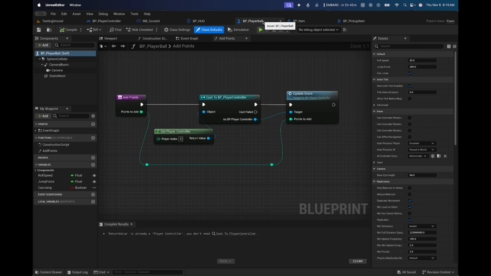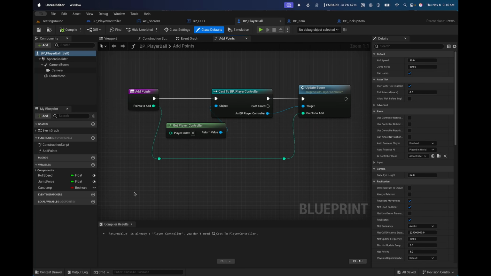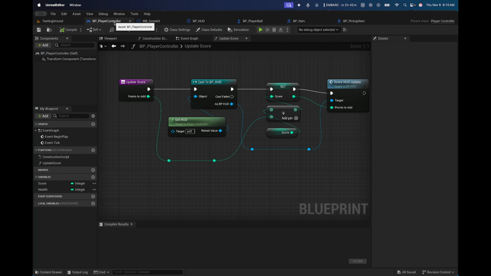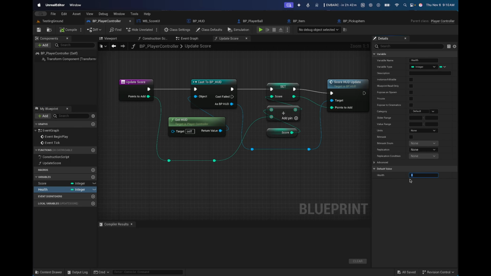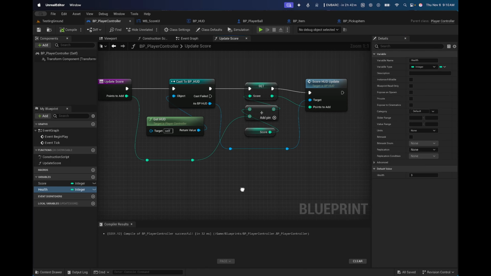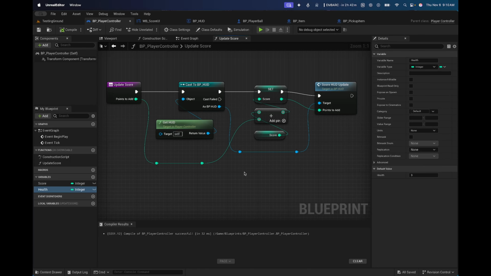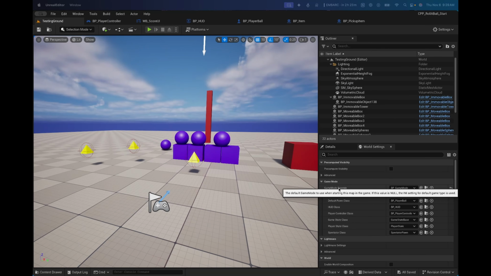And then you'll modify your BP player ball to have a new function for lose health. And then finally trigger your new blueprint to trigger that new function. And you should start out with like maybe 3 health. So your PlayerController rather, your health, maybe you set your default value to 3 and just take away 1 each time, something like that. And then we'll worry about getting a screen for how to do that afterwards. I'll show you kind of an end result, what I'm looking for, but I do want you to try to do this challenge yourself. All right, so I'm going to go ahead and walk you through really quickly how to